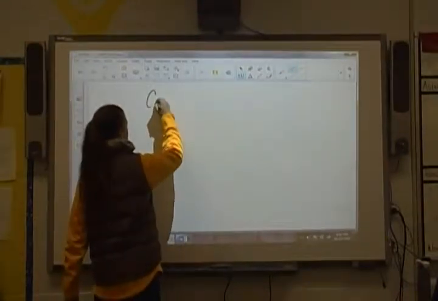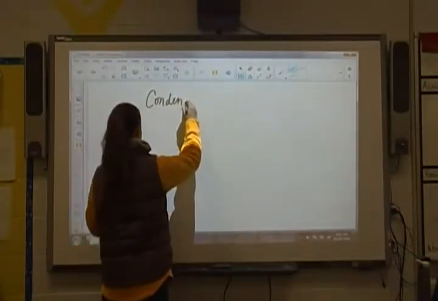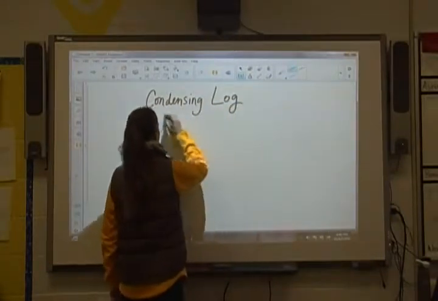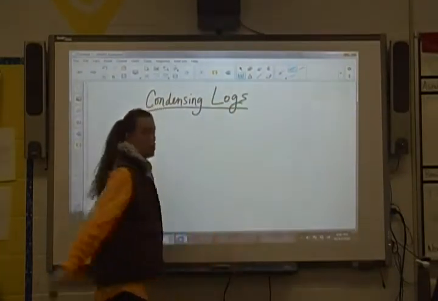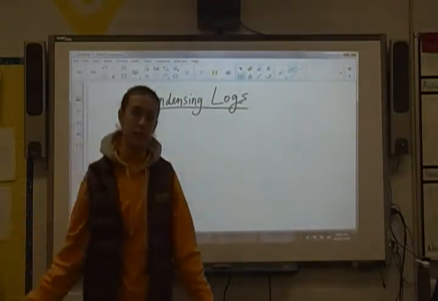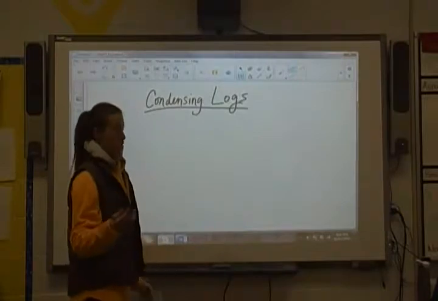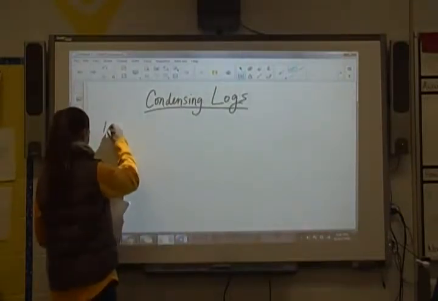Next up, we're going to be condensing logs. And there's 3 rules for condensing logs. They're really the opposite of the 3 rules we talked about for expanding. So our first one is the product rule,